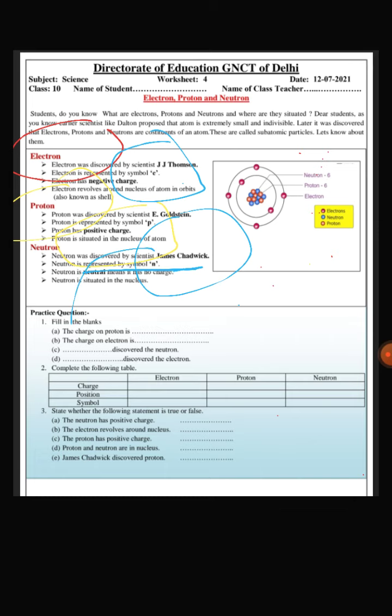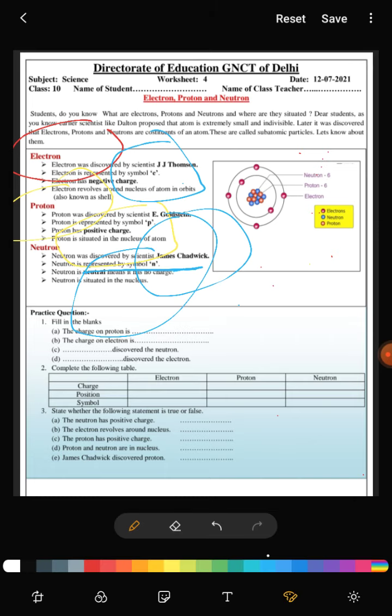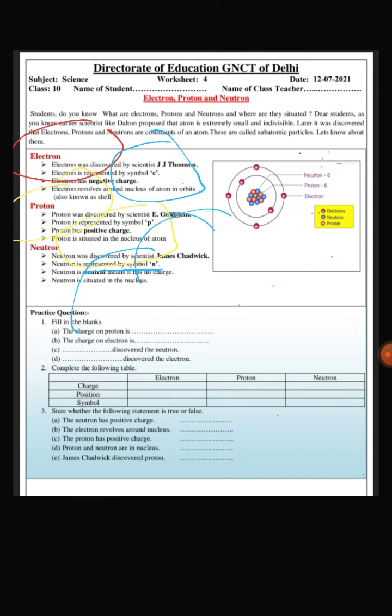The neutron is also present in the nucleus. So this is the summary of your worksheet, and now let's begin